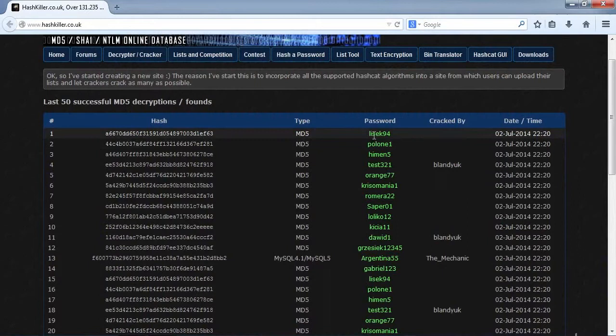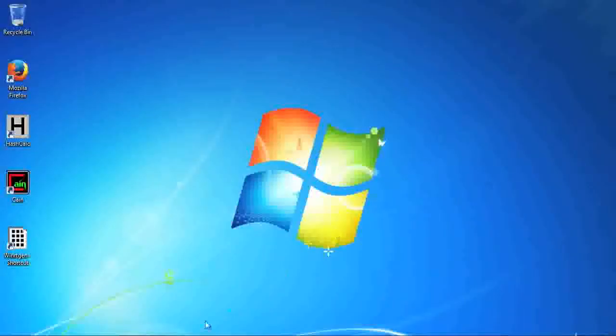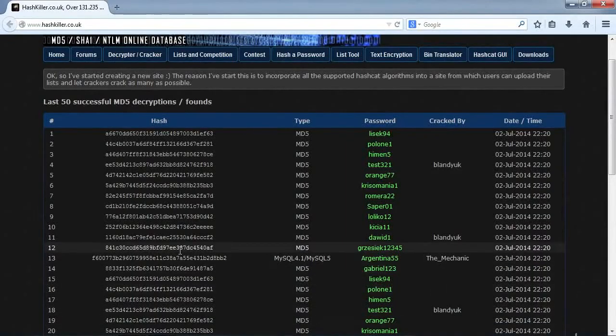So let's get to it. What is a rainbow table? How does this actually work? Well, when we are creating a rainbow table, basically what we're doing is simply creating a list of the hashes of many different potential passwords. And then we're taking all of these and putting them together into one table so they can be used by an application like Cain and Abel or LOphtCrack or John the Ripper. Now they all search through the table to find the matching hash. Now we provide the cracking tool such as Cain and Abel with our hash of the password, and it looks for the identical hash in the table and then scrolls across to the next column and sees the clear text password associated with that hash.